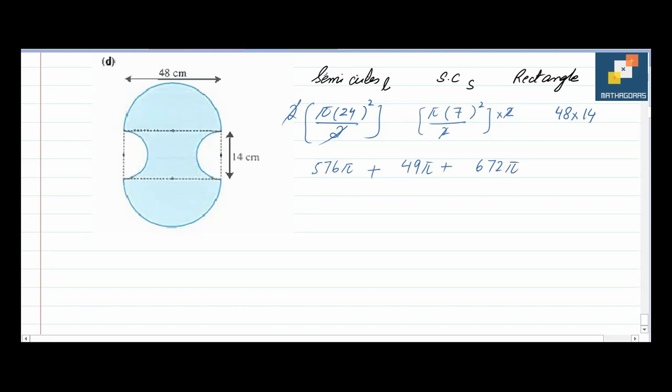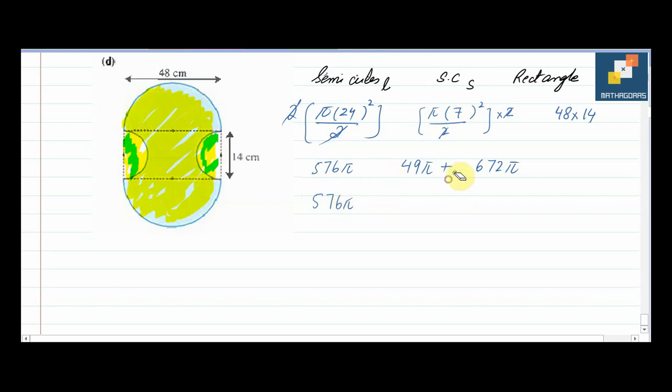Now what we are going to do, first we add the area of these two semicircles and the area of the rectangle. So when I add all these areas, this whole portion will be added, or you can say that we have the area of this yellow portion. Now we need to subtract the area of this semicircle and this semicircle. So first I add the area of the semicircles, that is 576 pi